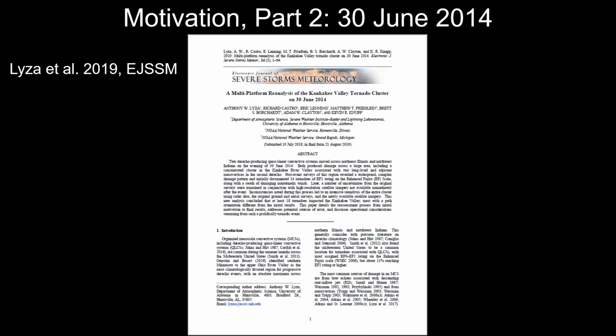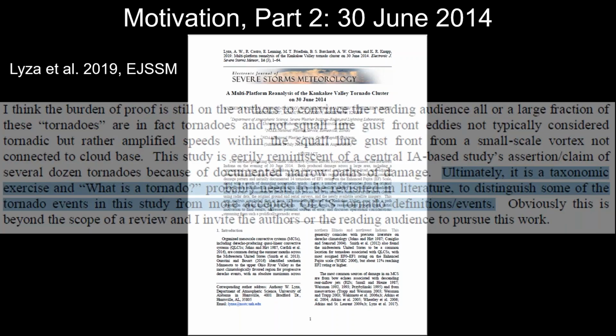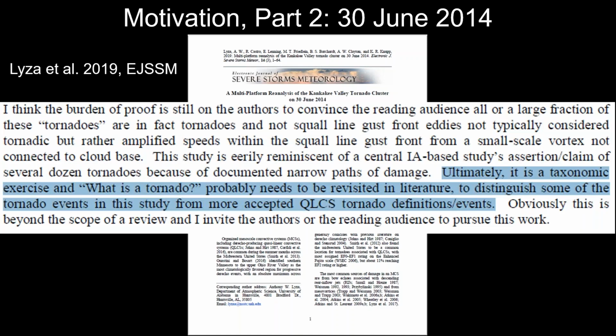EJSSM publishes the major comments in the review process. One comment came up in the last round of reviews from one of the reviewers who had been arguing back and forth about the actual nature of some of the damage that we had witnessed in the surveys. And the final statement made on this topic is essentially that